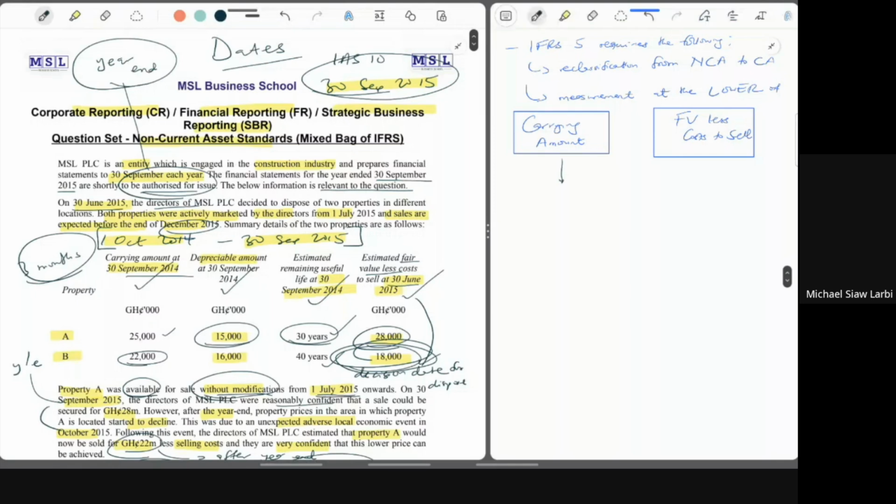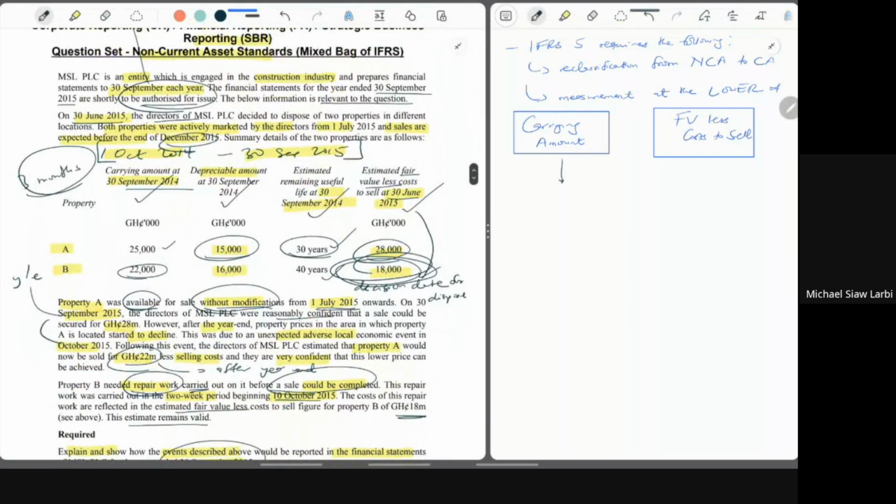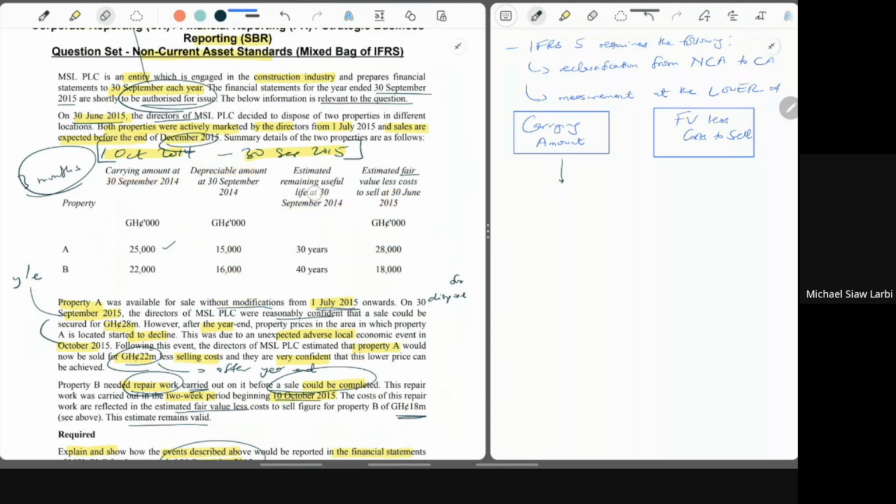What is that? We are given the carrying amount at the end of the previous year. Here, if you can see, we are told the carrying amount. Let me clean so everything is clearer to you. We are told the carrying amount at the end of September 2014 was 25 million, right? This is our carrying amount at the end of last year. So that figure minus our current depreciation up to the point of held for sale classification should be the carrying amount at classification date as held for sale.